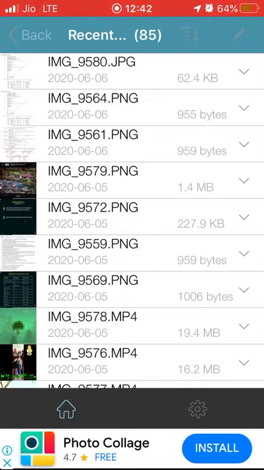So if each has 3 pictures, for 100 students, the size of each picture would be around a maximum of 1 MB. So it would be around 300 MB for every class maximum.